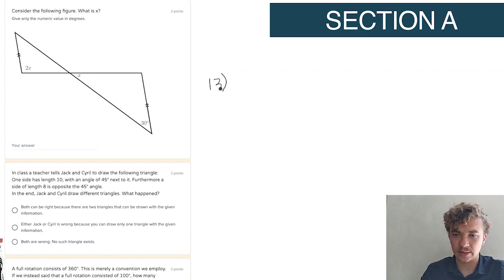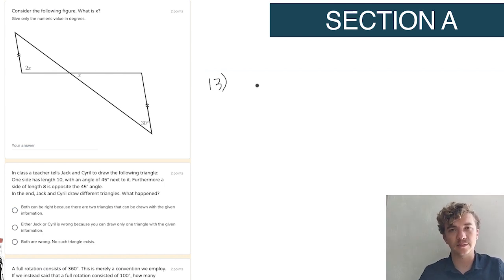But luckily, because these 2 sides are parallel, we know that this angle over here needs to be 2x, and that's according to alternating angles, because we know that alternating angles are equal if the correct pair of sides are parallel. So we know that this angle is equal to 2x as well, and therefore from the sum of the interior angles of a triangle,